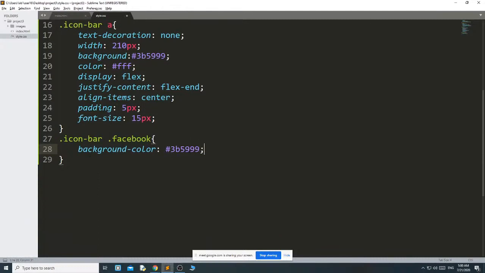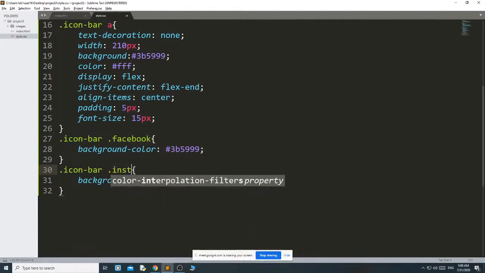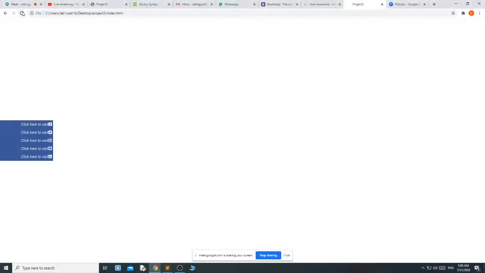Okay, then copy, paste. The second one is Instagram. I am giving the background color E4405F. I will show you where I am getting this color.